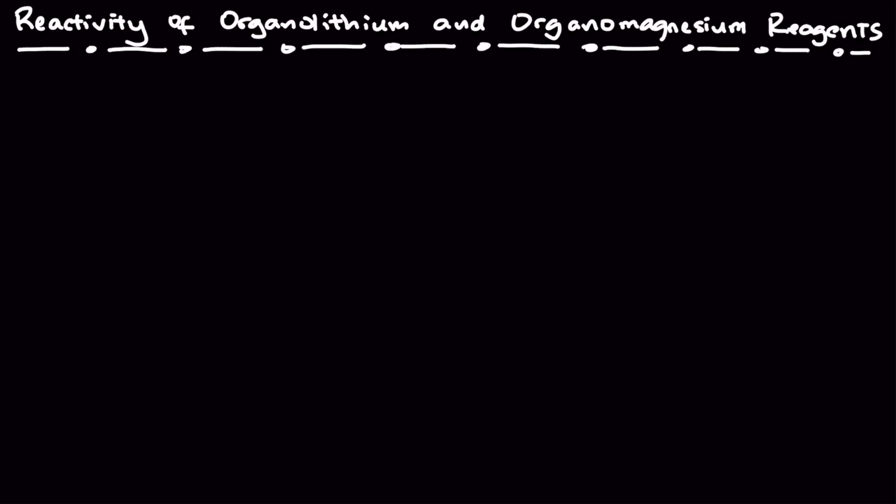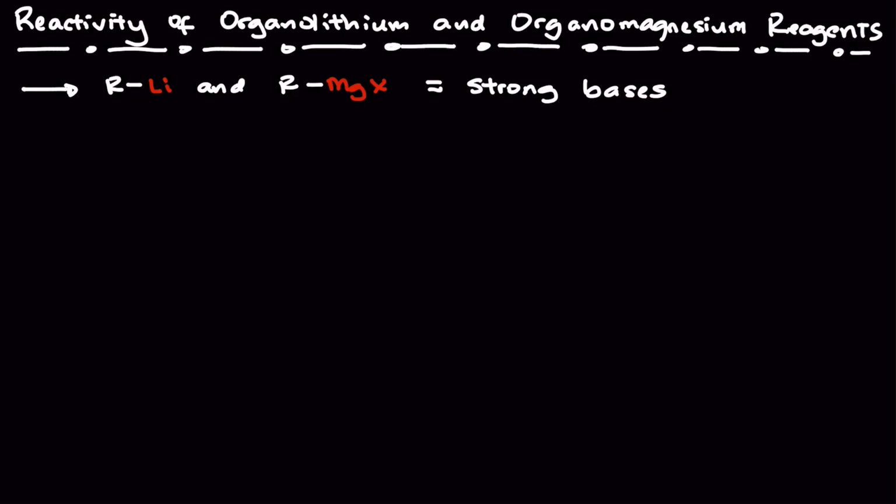Now let's discuss the reactivity of organolithium and organomagnesium reagents. Due to the electron density at that carbon when it is bonded to lithium or magnesium, that carbon is really electron dense, which means those carbons are strong bases. For example, if you have methyl magnesium bromide, we are representing this as an ionic interaction rather than a covalent